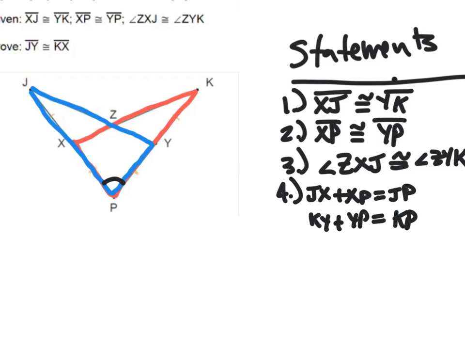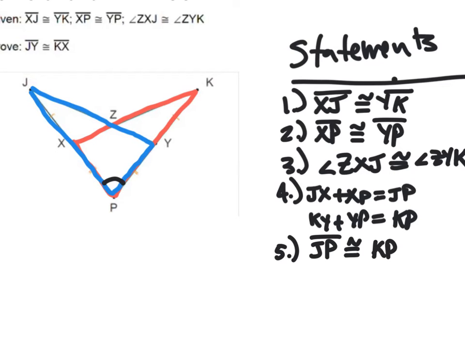All right, and when I do that, I know that JX or XJ is congruent to YK and XP is congruent to YP, so I can then conclude, step 5, that JP